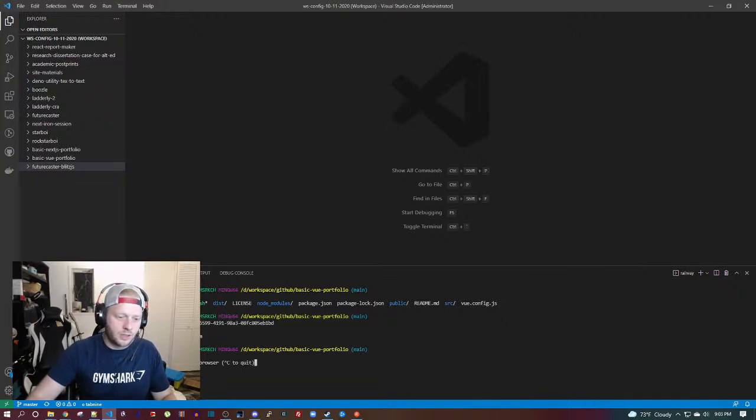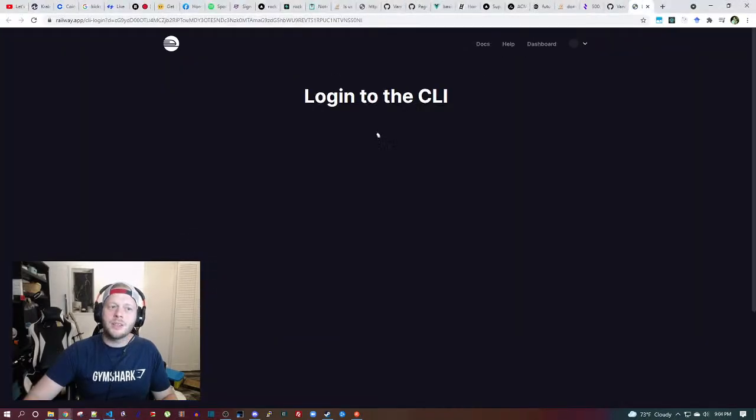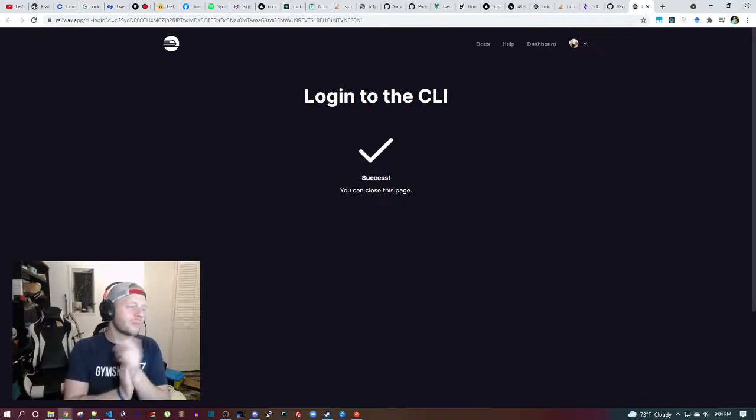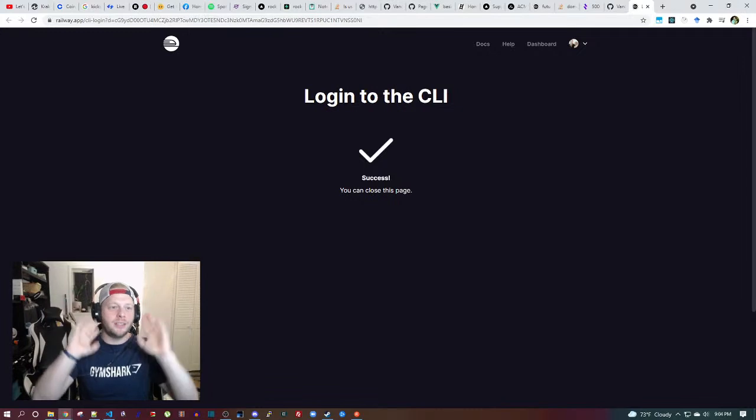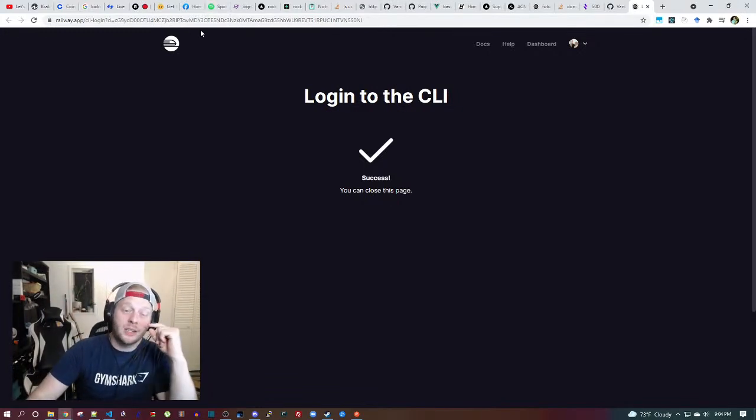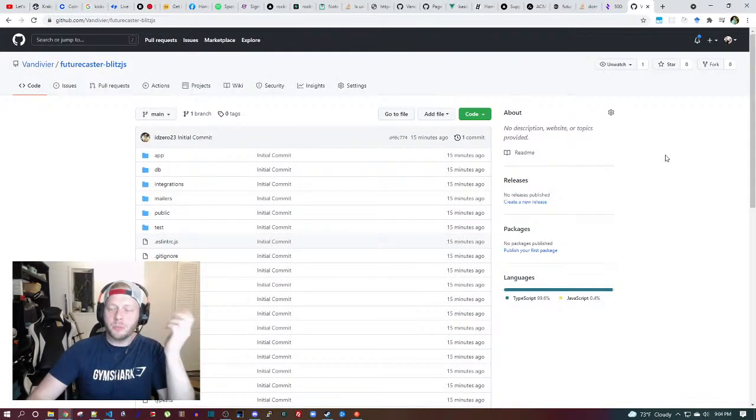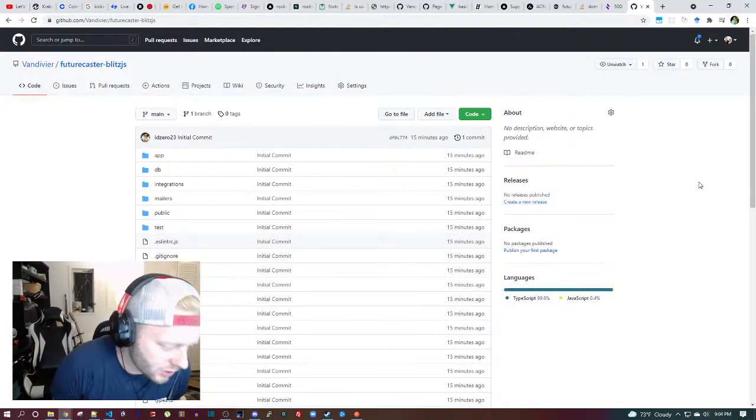Was it just one? Enter to open the browser. Solid. It's token based. Railway, thank you. Bless up, Railway. They're doing token-based command line authentication, which is super easy. Like, why doesn't GitHub do that? That's so much easier